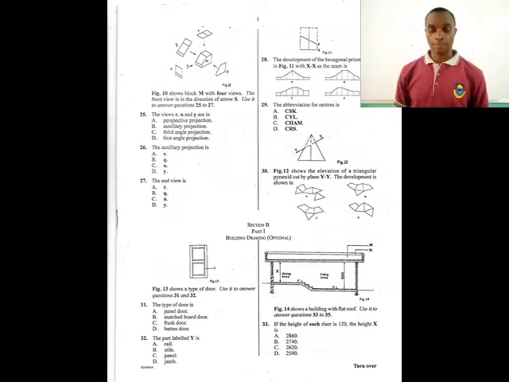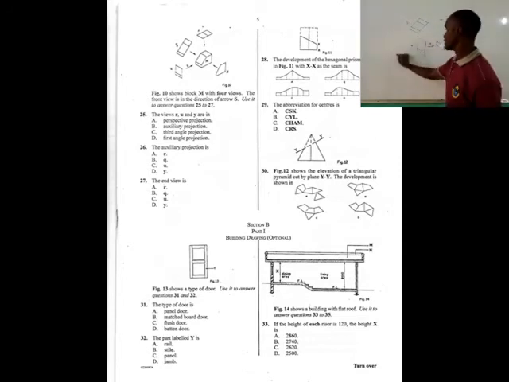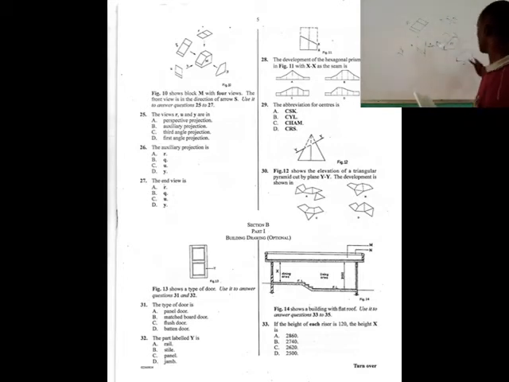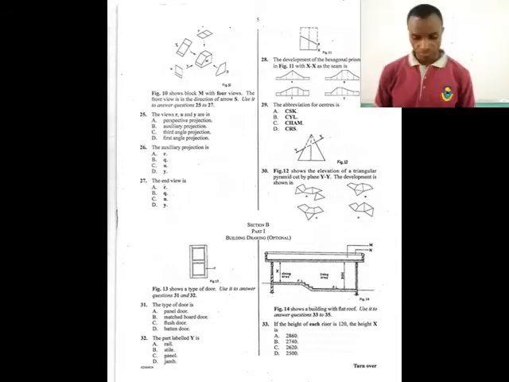Question 25. The views R, U, and Y are in what perspective? The answer is C, which is third angle projection. Why? Look at it on the board. Third angle suggests that you look at an object. If there is an eye, you see this object from here. Whatever you see is between the eye and the object. So since you're looking at this object and the view is here, the same thing if you're looking from here, you see here. The same thing from here, the image is here. That presents this drawing as third angle projection. Is that clear? So the answer is C.